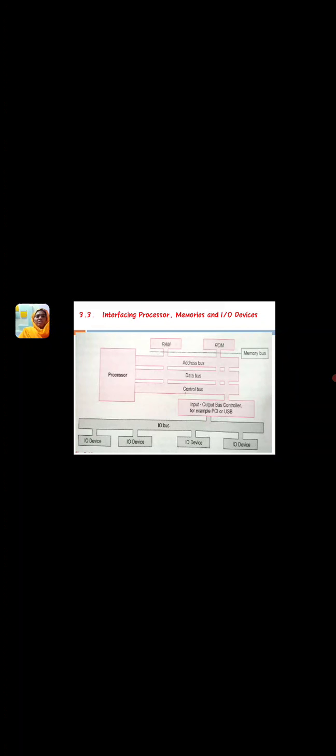Coming to this block diagram, check here. To the processor we connect IO devices and RAMs using a bus. What does a bus mean? It is nothing but a connecting wire between RAM, IO devices and the processor. We have 3 types of buses: data bus, address bus and control bus. With the help of the data bus we transfer or receive the data. The address bus gives the address of each device. Using the control bus we can control timing and other control signals.